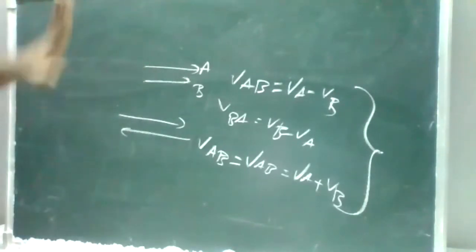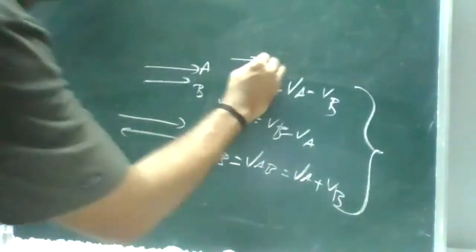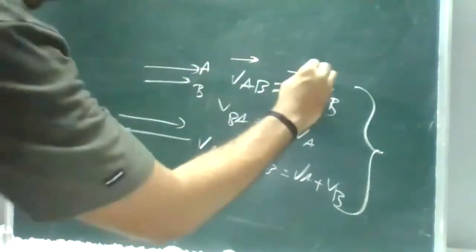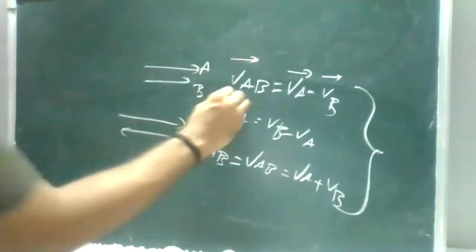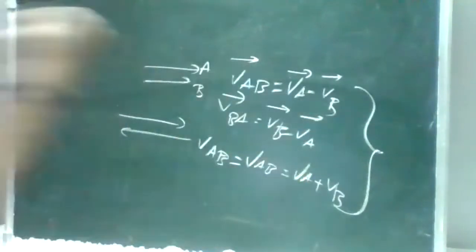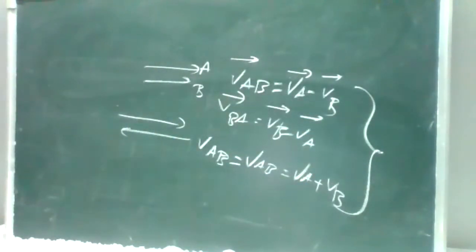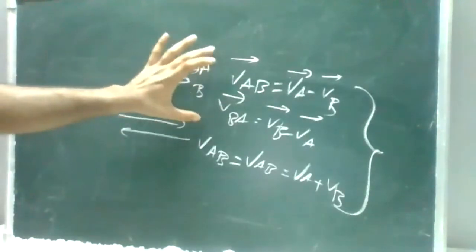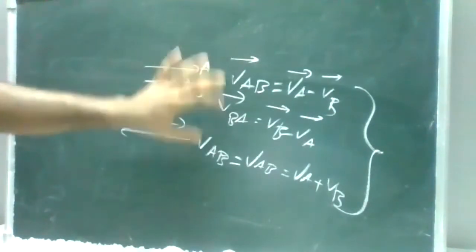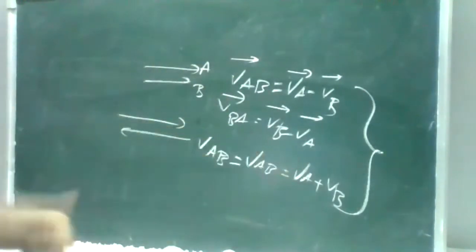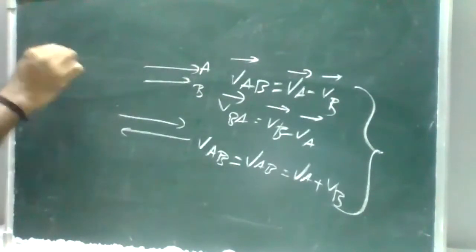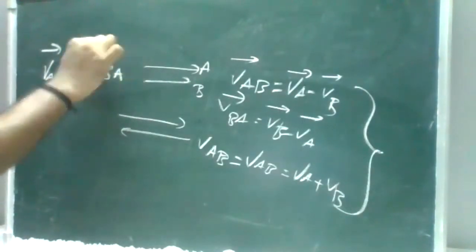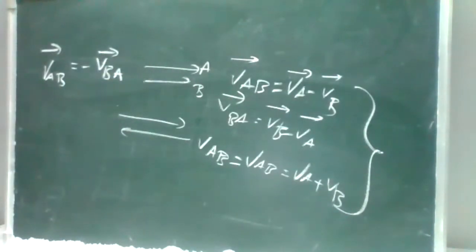அப்போ வந்து இது வெக்டர்ஸ்ல தான் வரும், same relation under vectors. So VAB vector is equal to VA vector minus VB vector. அதே மாதிரி VBA vector is equal to VB vector minus VA vector. So in this relation, if you see that VAB and VBA both are in the opposite direction. Correct? I mean, same but in opposite. So from this relation, we can say that VAB vector is equal to minus VBA vector.